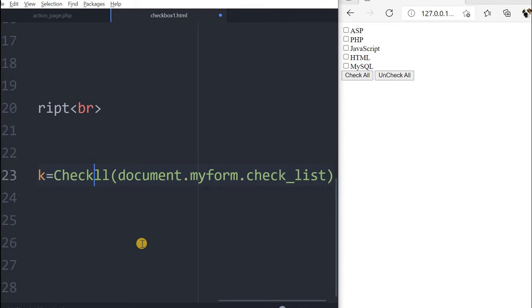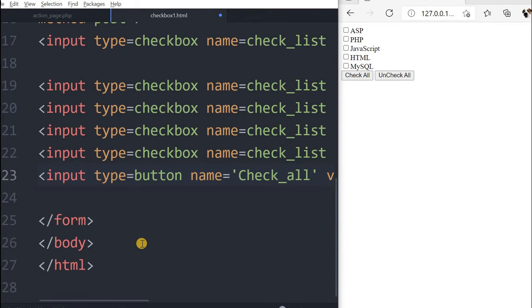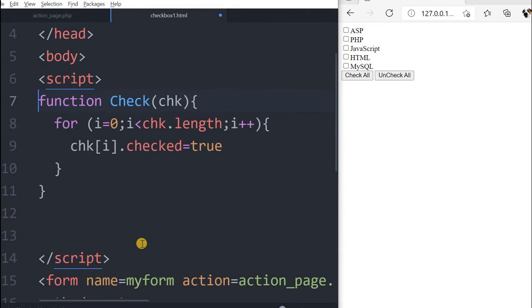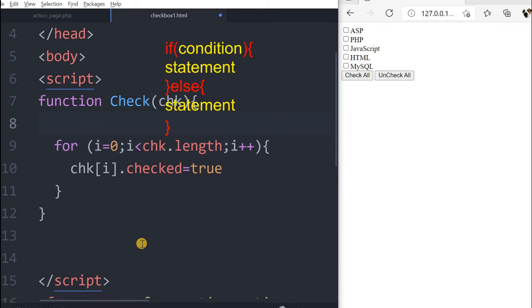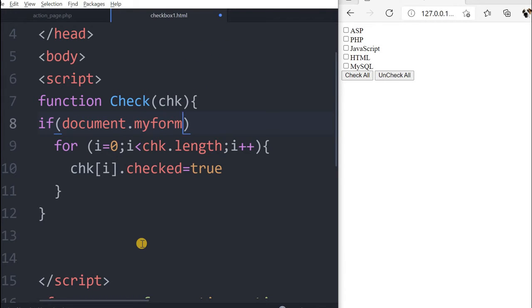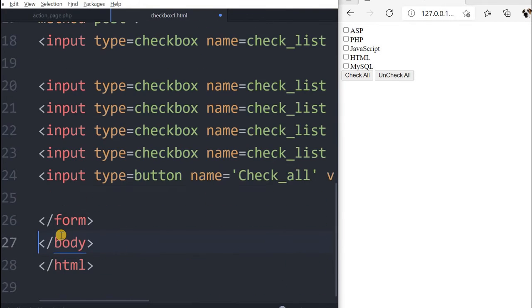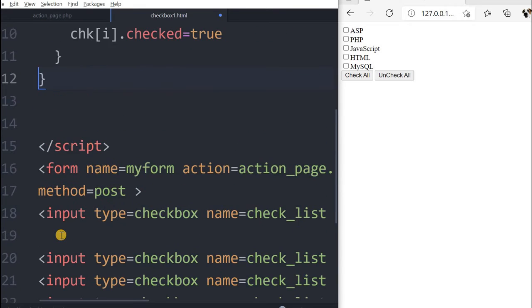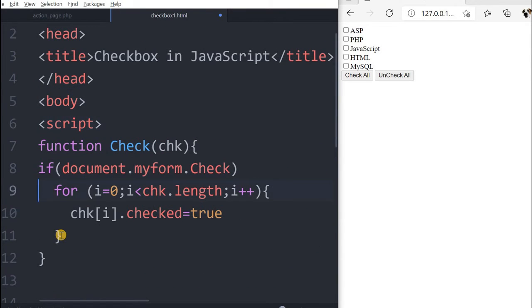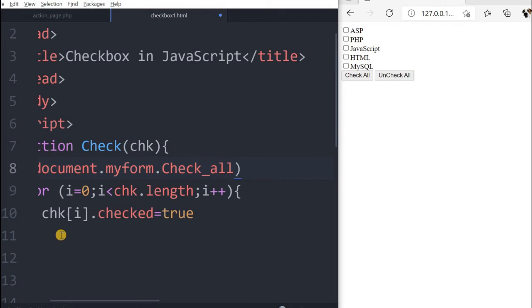So it is not check all, it is check we have used. So the name of it is check all. Fine. So here, check. Now inside this, once this button is clicked, we'll check it first. So we'll say if document.myform, my form is the form name, then check the name of the button we have given here, check all. The name is check all, so that is what we will be writing here, check_all, if document.check_all equal to,